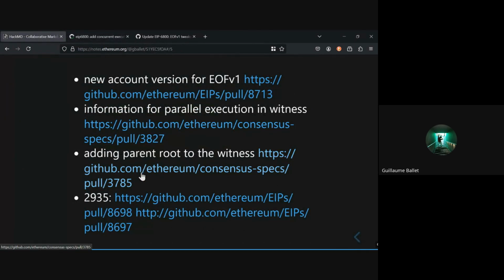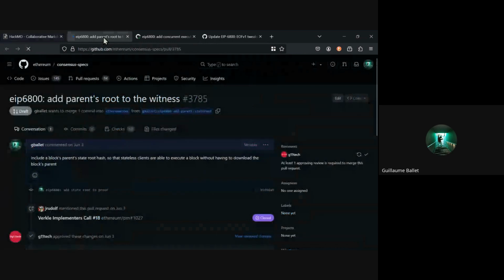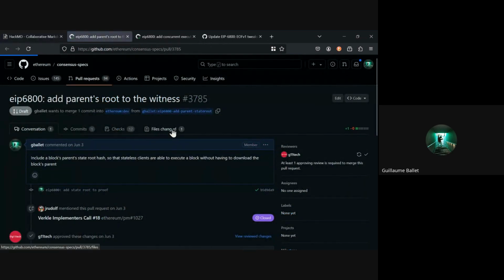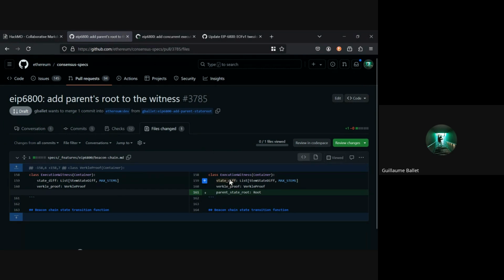And right, this one would be nice to have for Kaustinen, but it was already in the list of EIPs. The idea is just to add, at the top of the execution witness, the state root of the parent, so that stateless clients don't have to go back and get 2 blocks to execute 1 block.